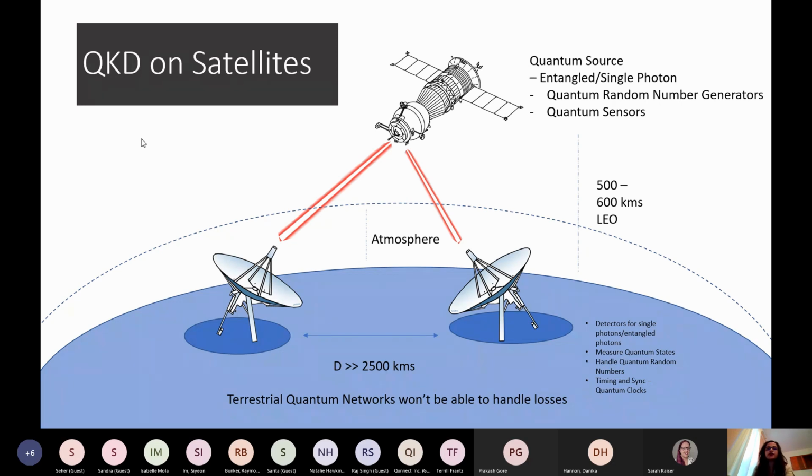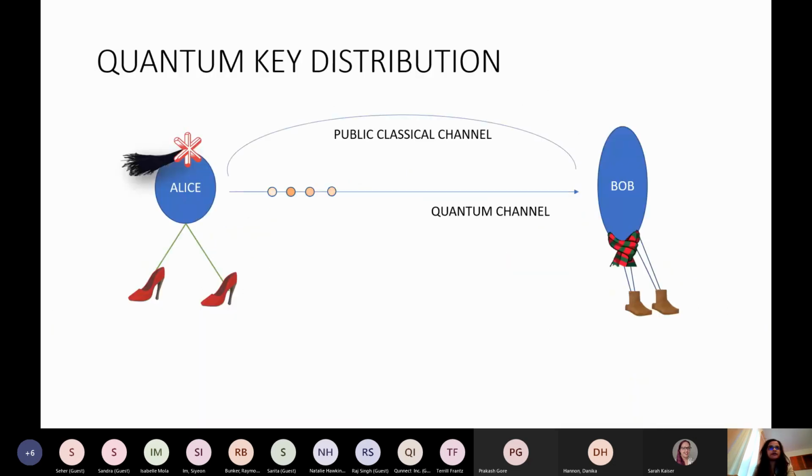So on the next few slides, we're going to go into a little bit about what kind of QKD we are doing on the ROKS mission. So here's a little, I love animation. Here we have a little animation of the Craft Prospect logo as a ribbon on Alice, because we are the satellite in this case. And we are working with the University of Bristol, who are designing a ground station. And since I'm in Scotland, I have put our Scottish kilt on the ground station. And we have our lovely Nessie as our Eve, who is our eavesdropper, who will be trying to steal information from our quantum channel, right?